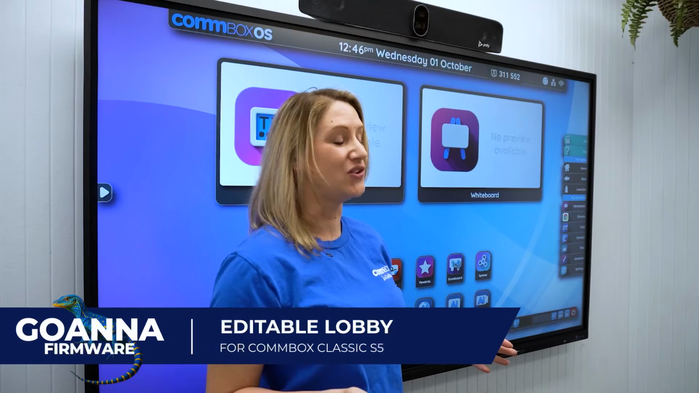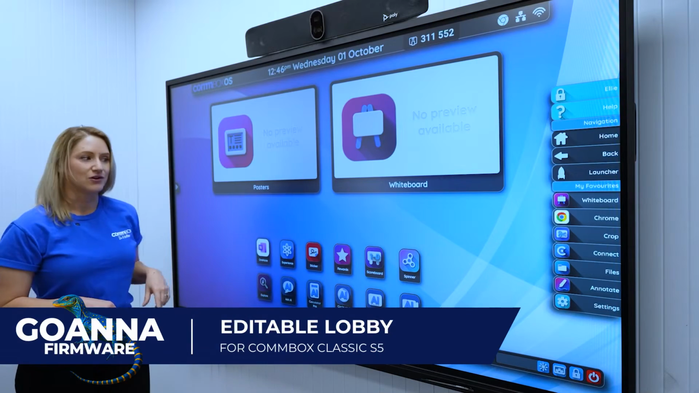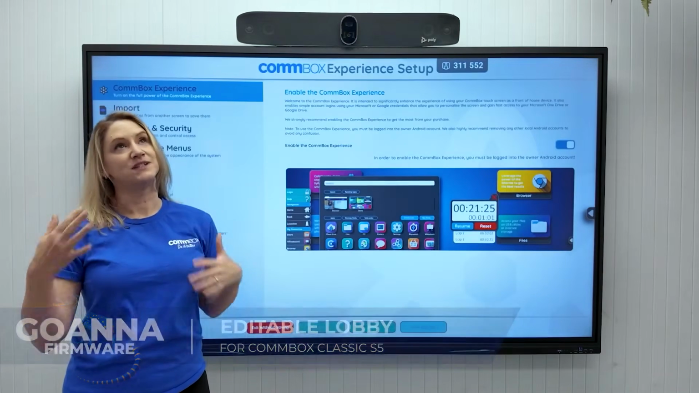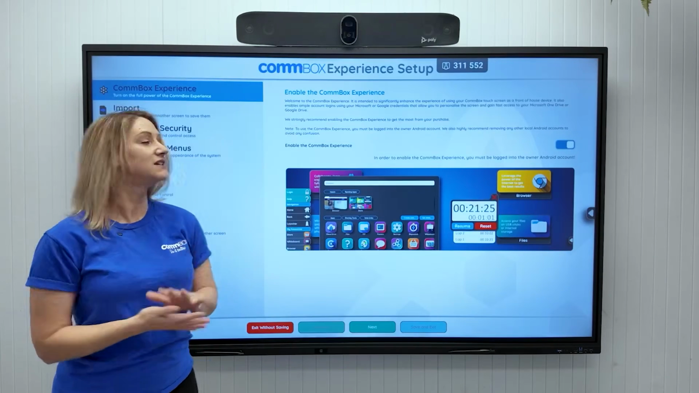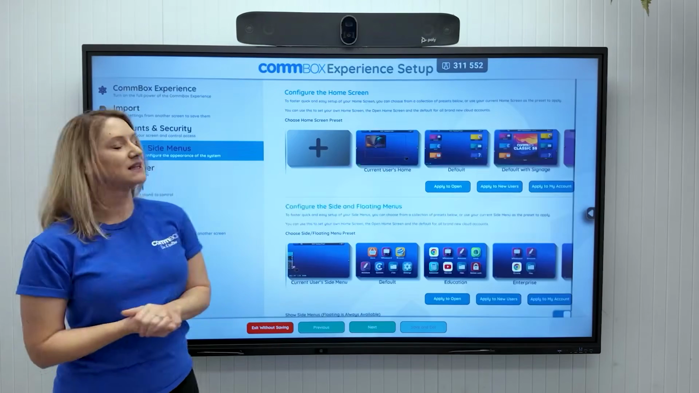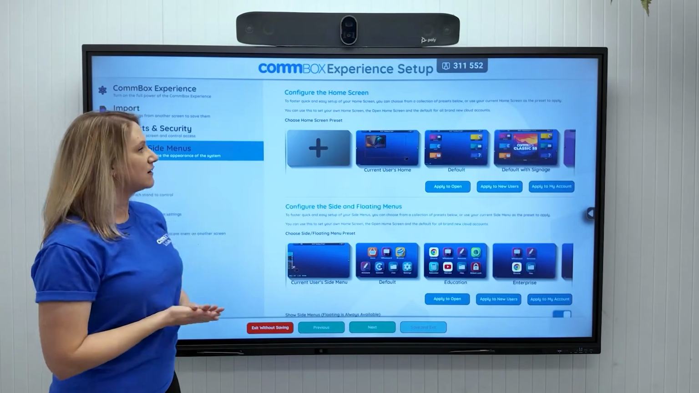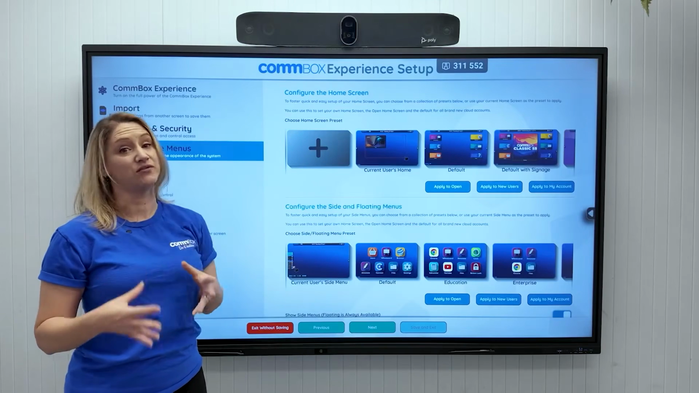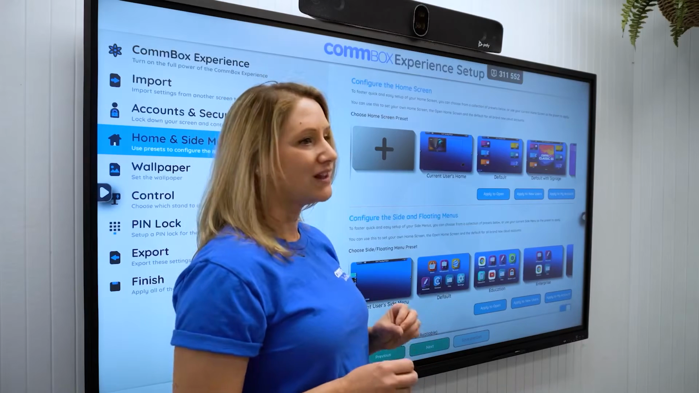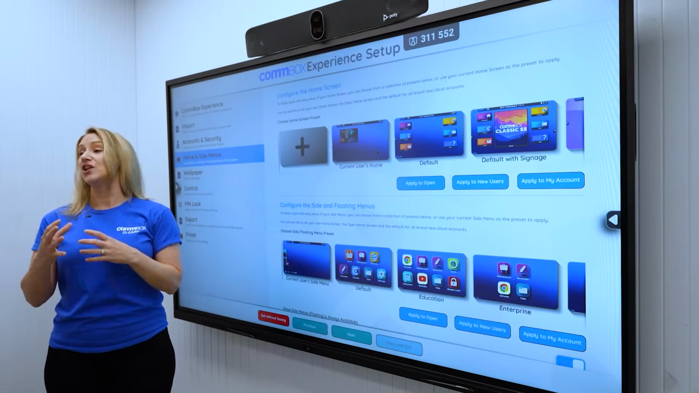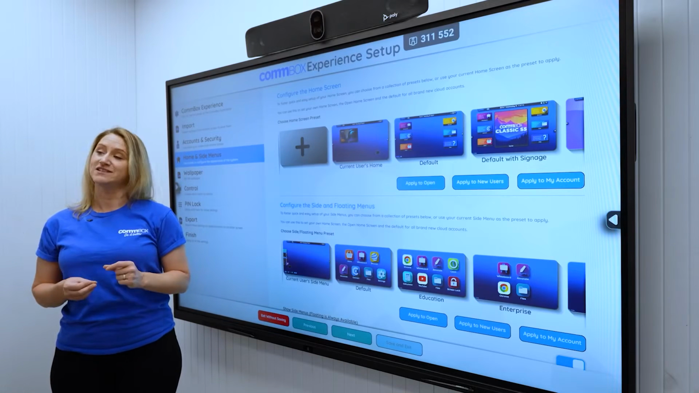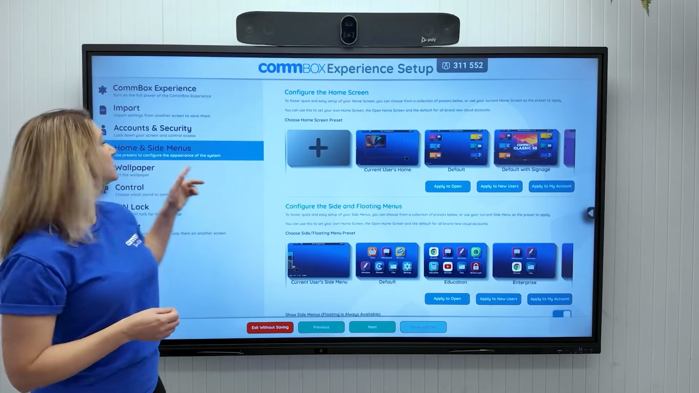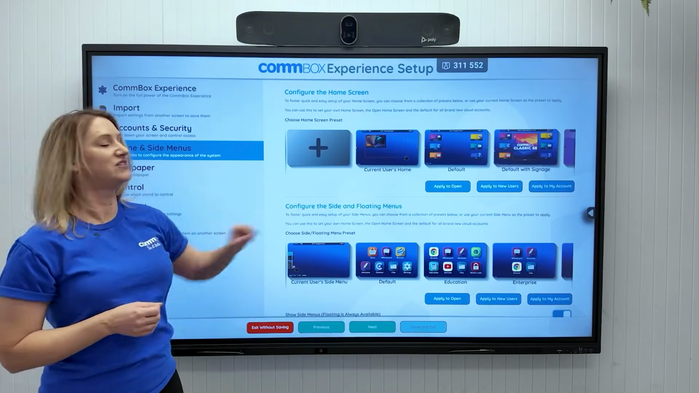Right, now let me show you editable lobby. When we created CommBox Experience, we allowed you to set whatever presets you liked, but it was a little limiting. It meant you had to pick from one of our presets and then you could tinker with it from there. What editable lobby allows you to do is create a lobby that works exactly for your organization or environment. It's as simple as going into the CommBox Experience, tapping home and side menus, and this big